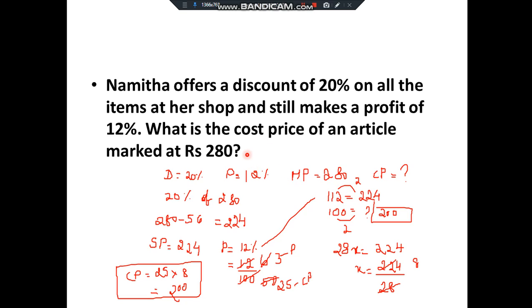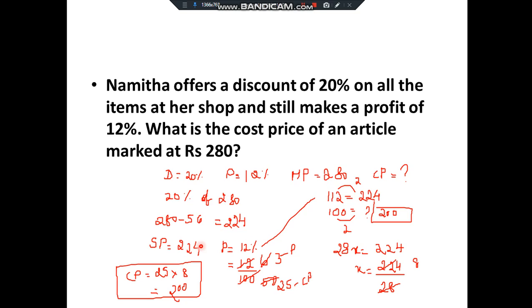Now I will give you the basic method of how to solve this problem, okay. First, write down what all is given. Discount percentage 20, profit percentage 12, marked price 280, and we'll have to find the cost price. So we already have discount percentage and mark price. So first we'll find the discount and the selling price. How will we find discount? 20% of marked price, right? That is discount. If you subtract it from mark price, you'll get the selling price, okay. So 56 is the discount. So 280 minus 56 is 224. That is what our selling price is.